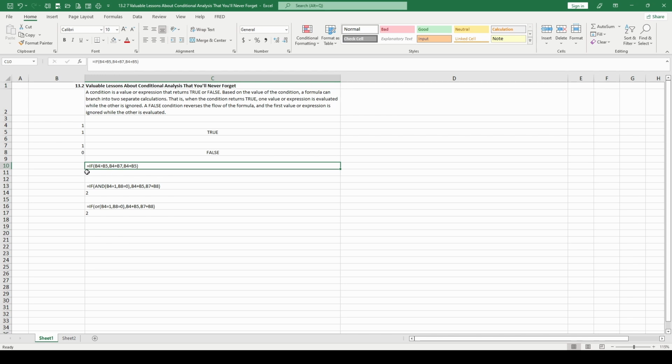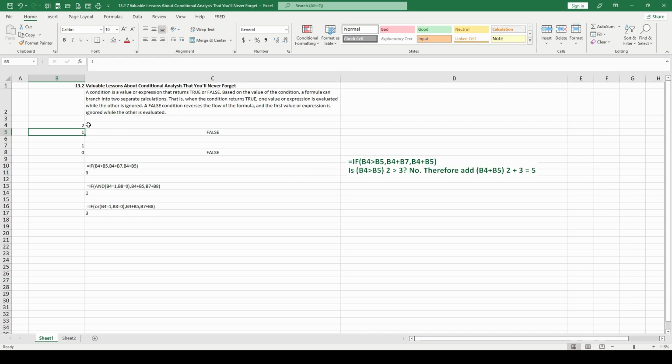In here, we have the formula, B4, B5. If B4 was greater than B5, B4 plus B7. B4 is 1, and B7 is 1. So why don't we change this, because they both equal 2, why don't we change that number